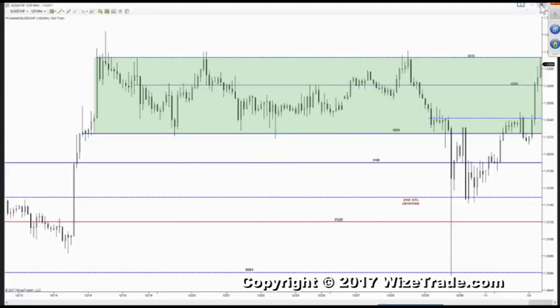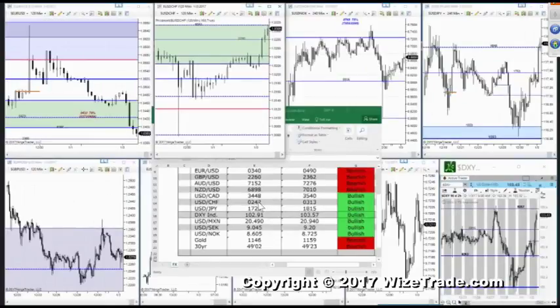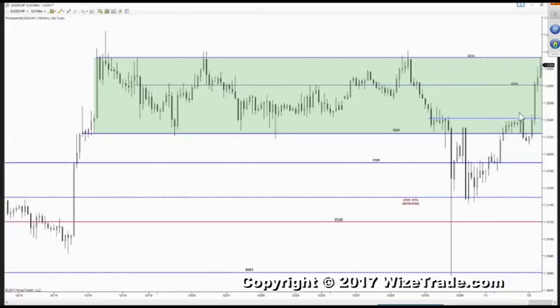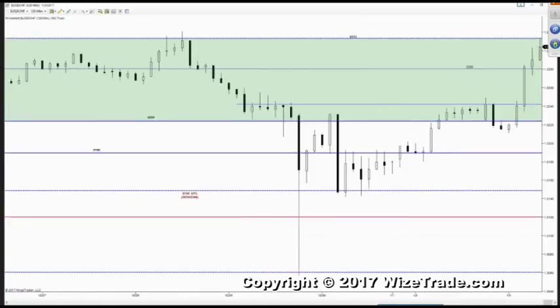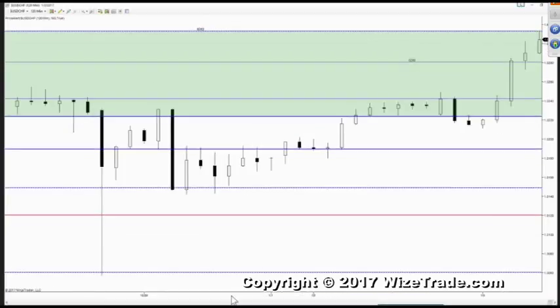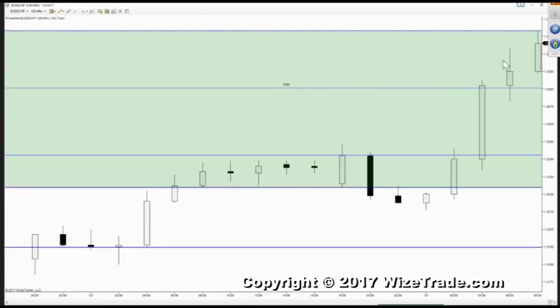I think I already marked this off. I think it was 240, but we'll double check. Yeah, 242 is what we're going to see. Support now comes in for the dollar Swiss, which is right in here, 242. So really a ways off. We've got this 280, and you can see here that on the 2-hour chart, we closed just above that 280, which opened the door for the test of 313,